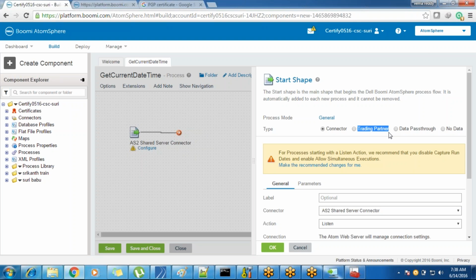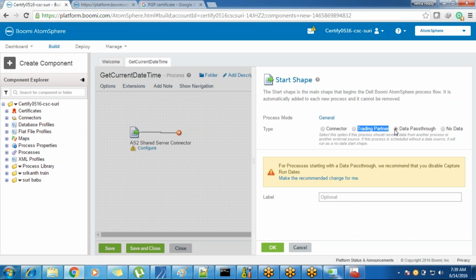Directly there are EDI transactions. Wherever you want to work with EDI transactions, then we have to work with the trading partner. And one more option is data pass through. Data pass through. If you want to make your process a child